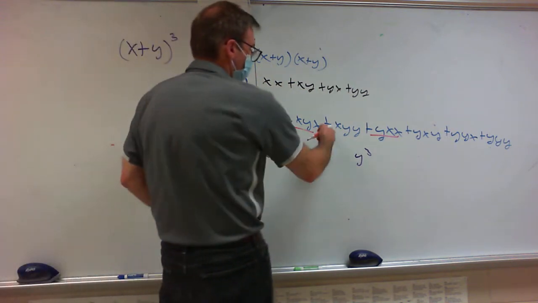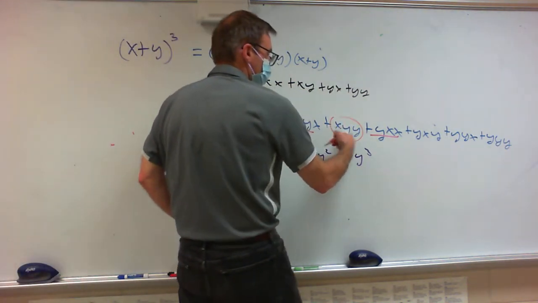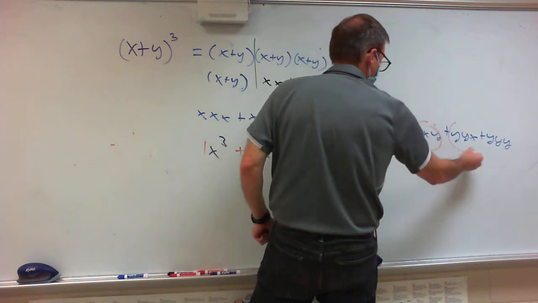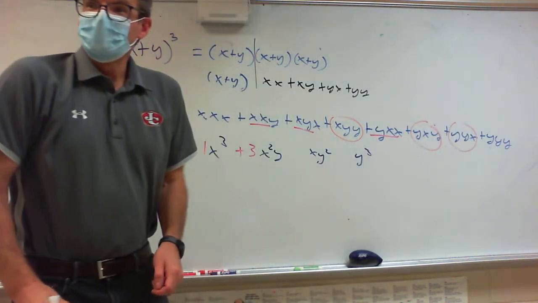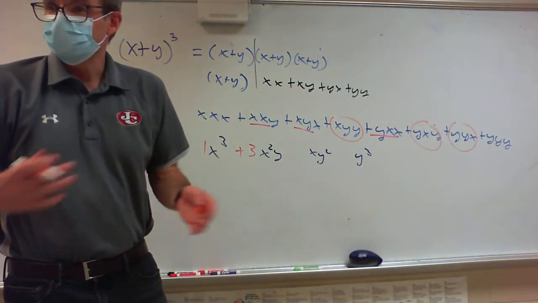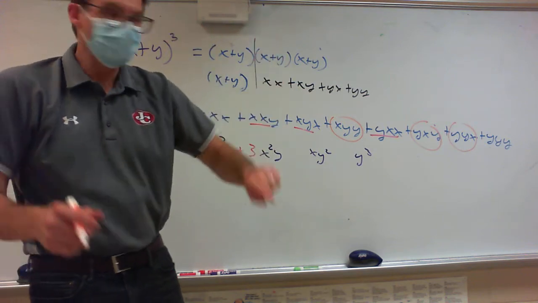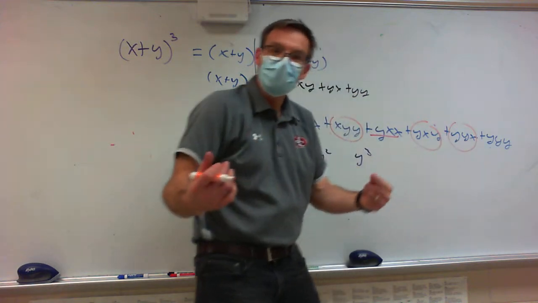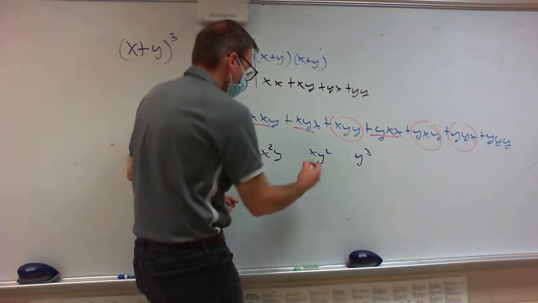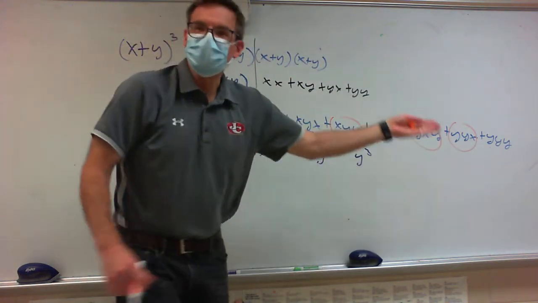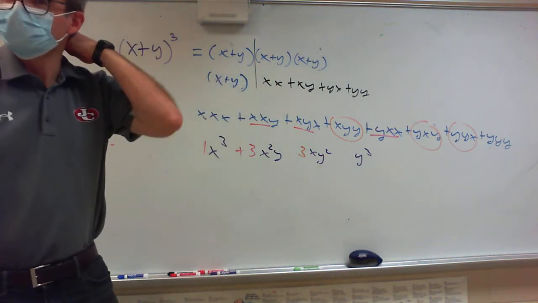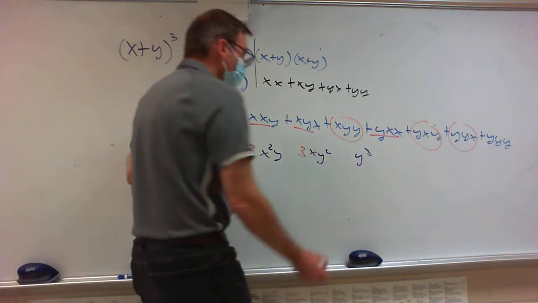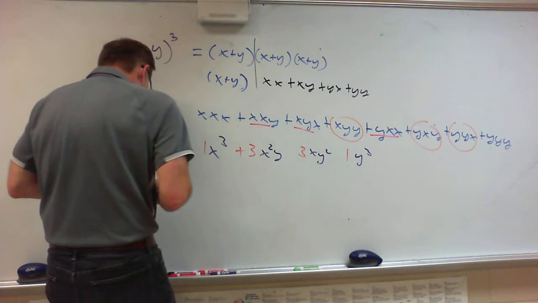Let's see. There's 1 x and 2 y's, and 1 x and 2 y's. And if you look at the x, notice how that x goes in the different spots. Like the x is in the first, x is in the middle, x is in the last. And so how many ways was that? 3. And then, of course, how many terms just have 3 y's? The 1. And so we end up with,